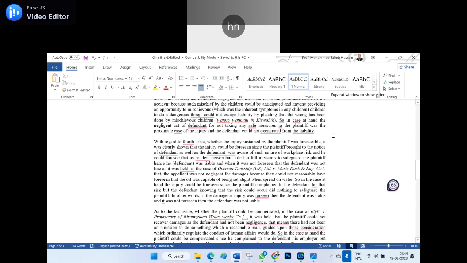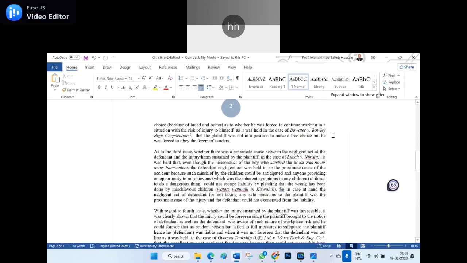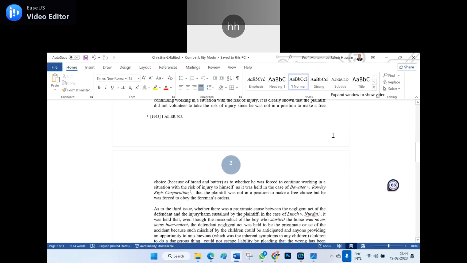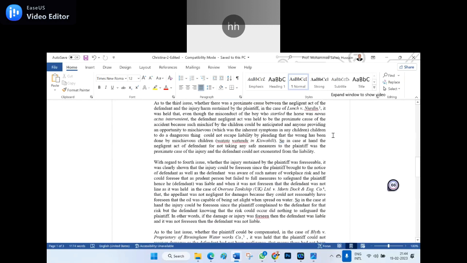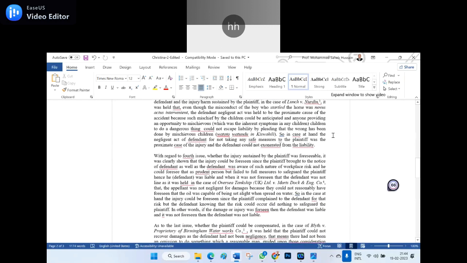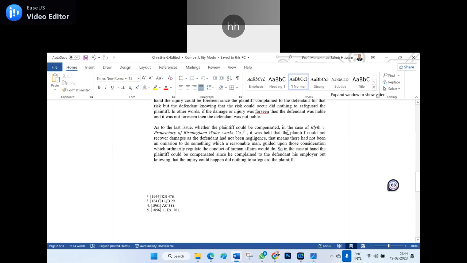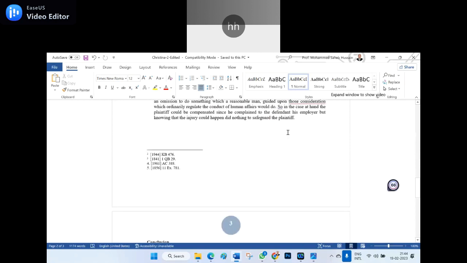So with regard to the fourth issue, each issue is discussed here. First issue, second issue, third issue, and fourth issue, with the relevant cases, supporting cases, maxims, sections, and noted author statements, or they can take it from any books or encyclopedia or the dictionary, we can use it. Whatever the rules that you are using, that should be reflected in the rules. That is a very important factor.